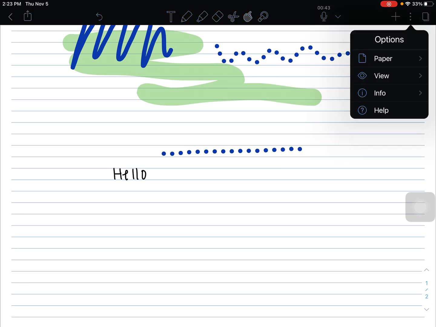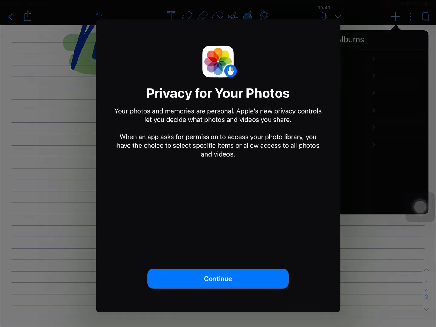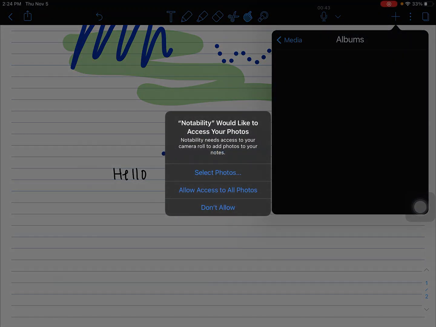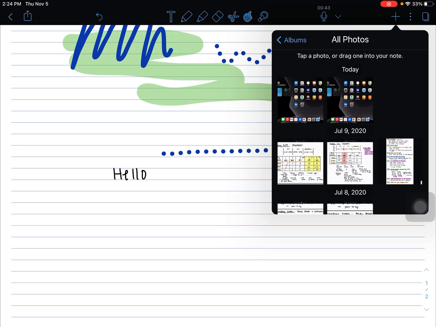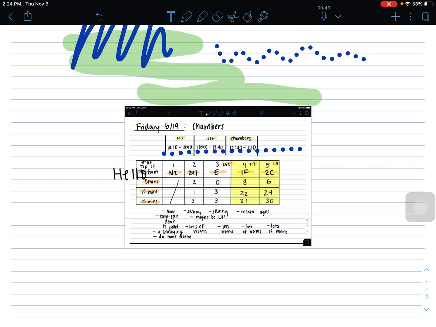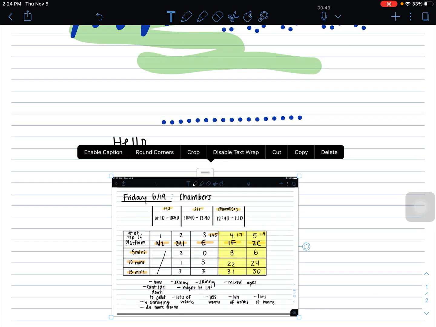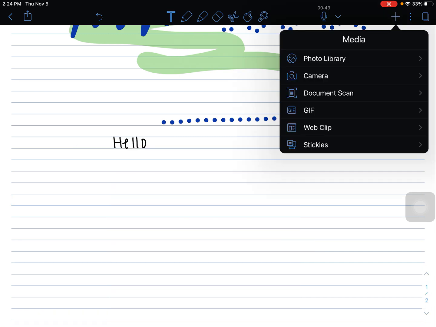And yeah, so as we get over to the right here, there's so many things that you can add into each note that you're working with. So this photo library, for example, you can add photos from your library. Here's some screenshots that I have. For example, you can add screenshots and you can easily move them around, enable a caption around the corners, crop it out. It's pretty awesome with that, as well as opening up the camera to take a picture live, scanning a document,